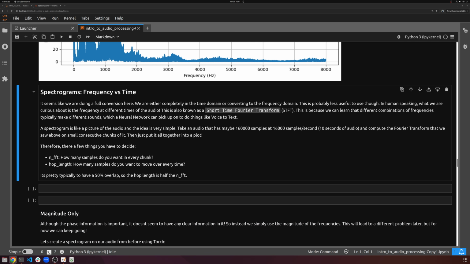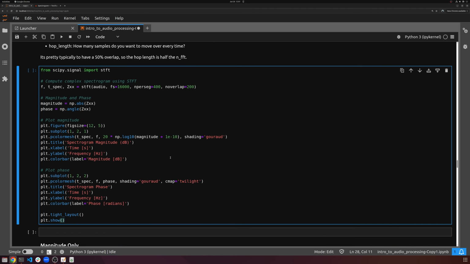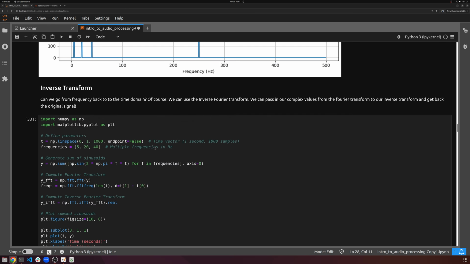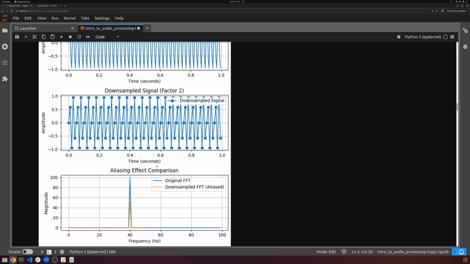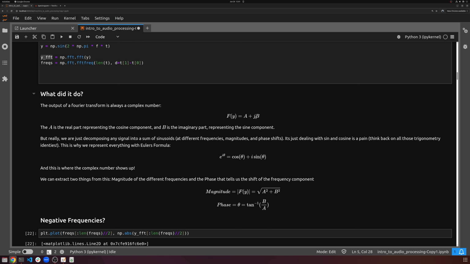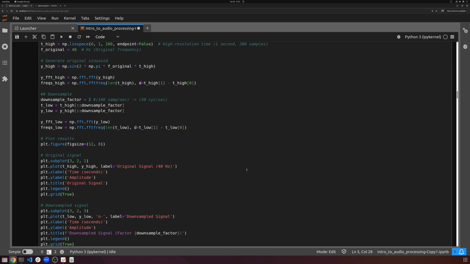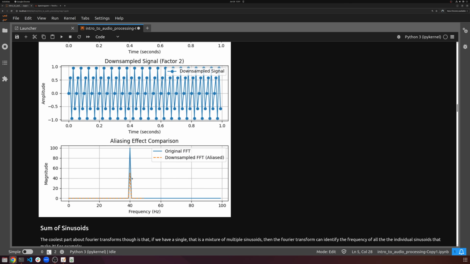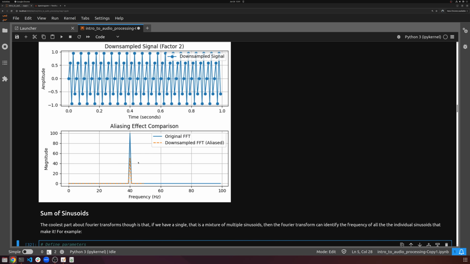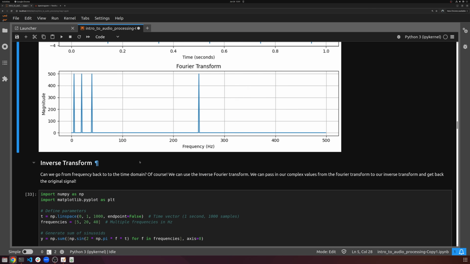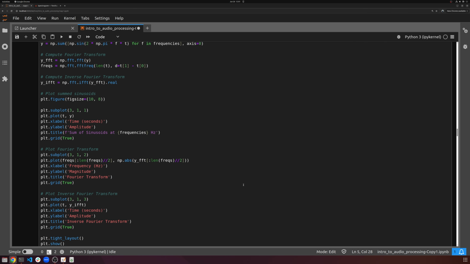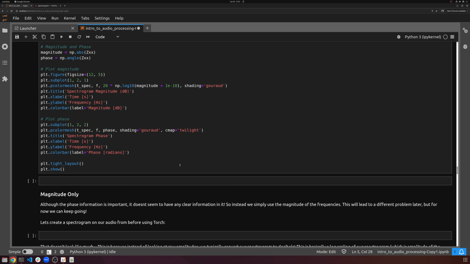Before we do it in TorchAudio, we're going to do it in SciPy. Again, remember, a Fourier transform returns a complex number, which means we can get both the magnitude and the phase information. Both of that's available to us. It's just, up till now, all of this stuff we're looking at is just the magnitude, because typically we just care about how much energy is there at the different frequencies. Either way, let's take a look